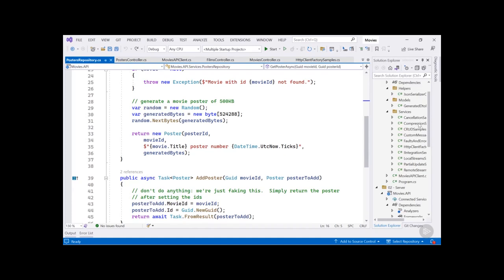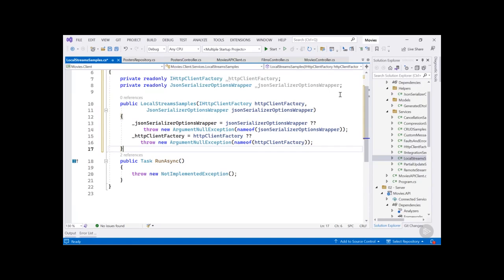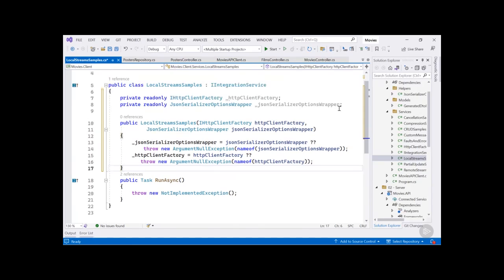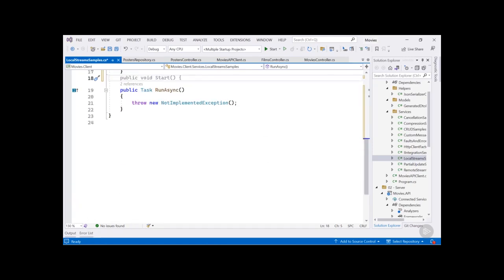Alright, let's switch to our client. The class we're going to use for the samples in this module is the LocalStreamsSamples class. Let's cover the plumbing first, and by that I mean we inject an HTTP client factory and a JSON serializer options wrapper. As we're used to by now, we use constructor injection for that. Then let's immediately add a new method. We'll name this one